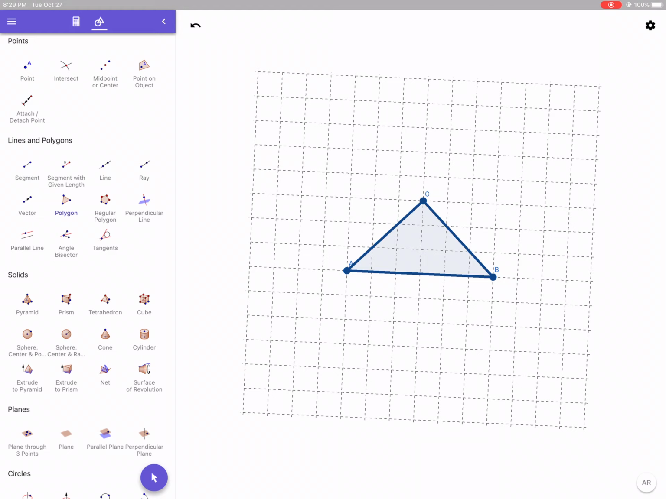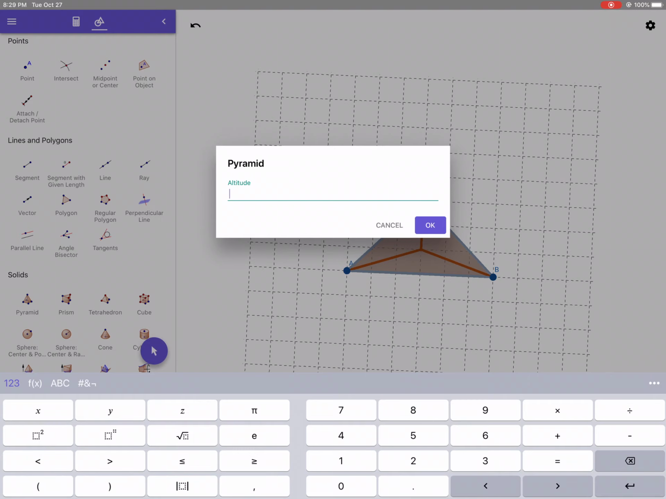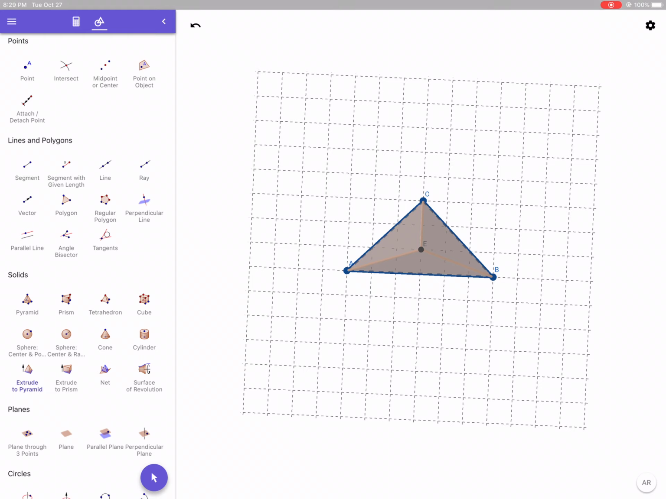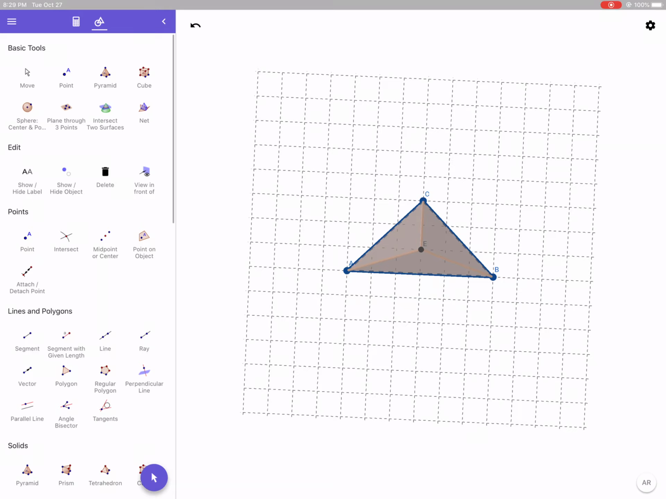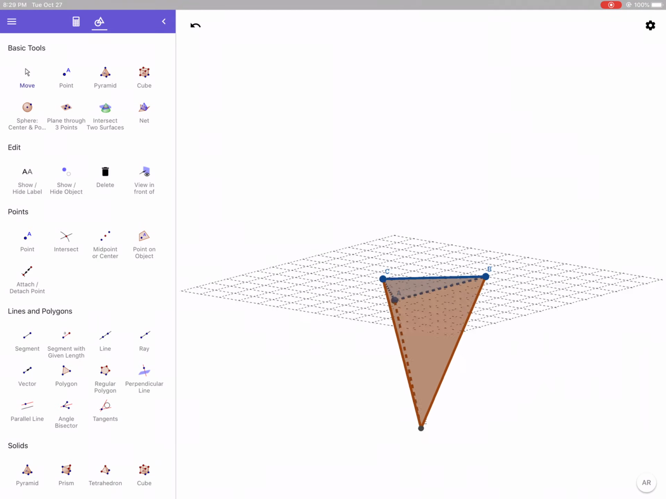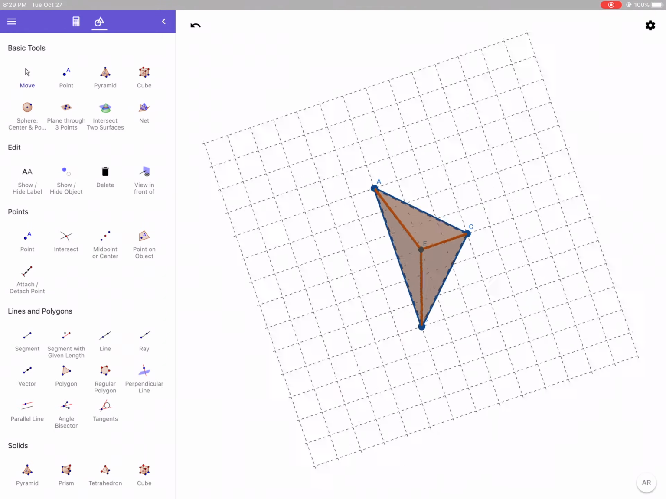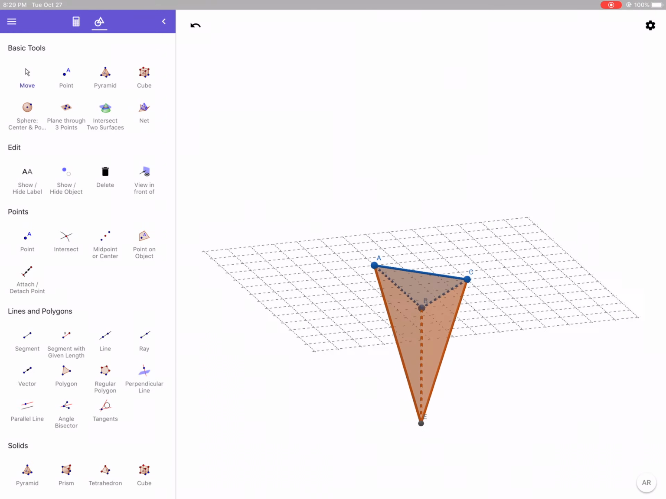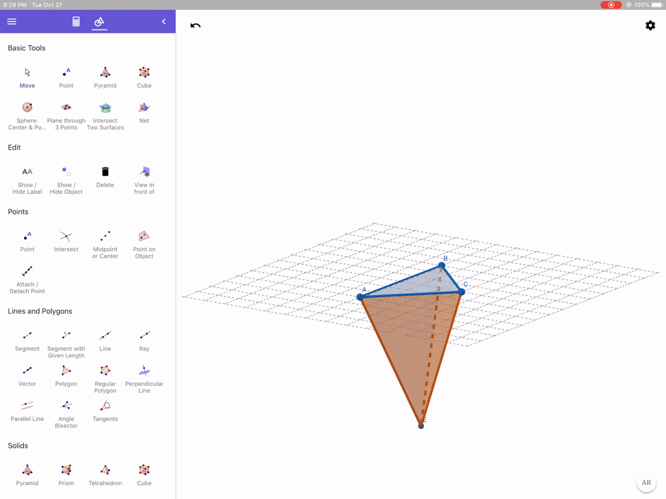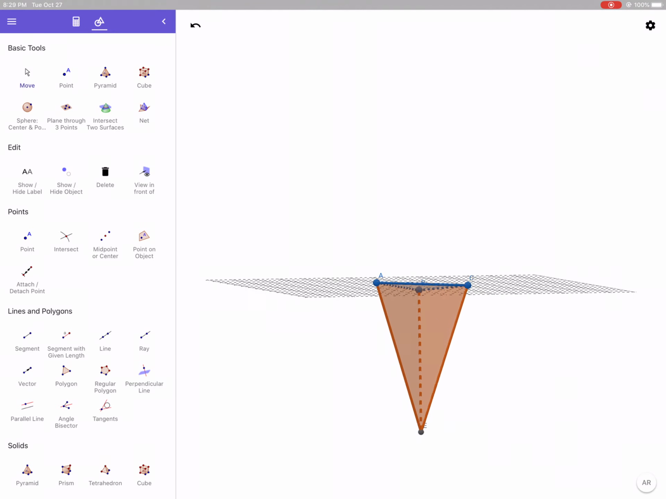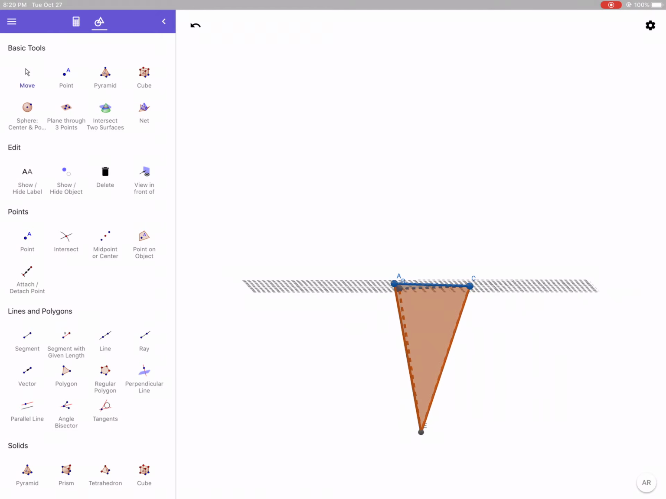Now if I click on extrude to pyramid and then just click in the center of this, it's going to ask me what height I wanted. I think we wanted a height of 6 in this case. Now if I go up to the move tool, which looks like a little arrow, I can actually grab this picture and rotate it. I can look at it upside down, which is fine. I've got it going the wrong way, but that's okay. So there's my little isosceles